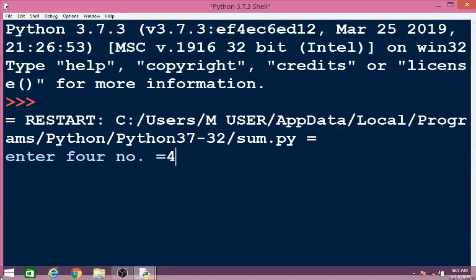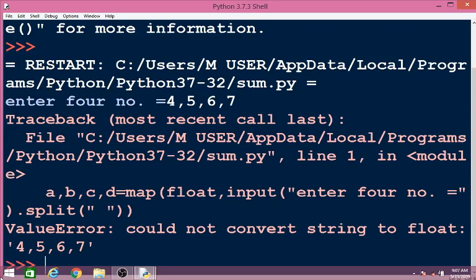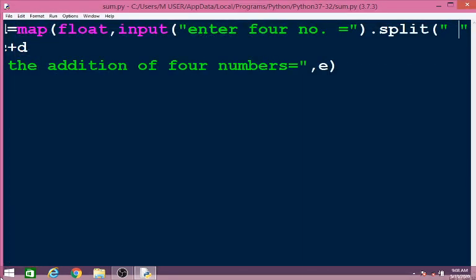Suppose you write 4 comma 5 comma 6 comma 7, but you are using a space separator in your program, then what does it give you? It gives you an error because you have to use a space. Okay, now we go to the next part.